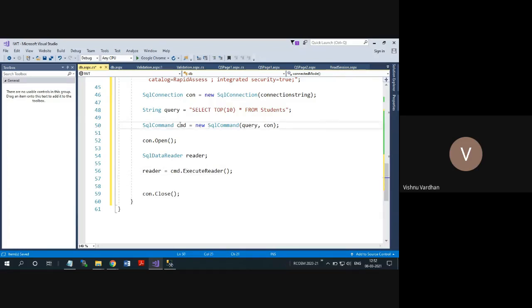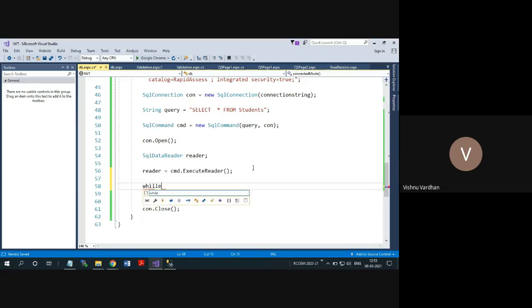This command has the query as well as the connection. Then I take one new object, reader, which gets hold of the data by using this SQL command.